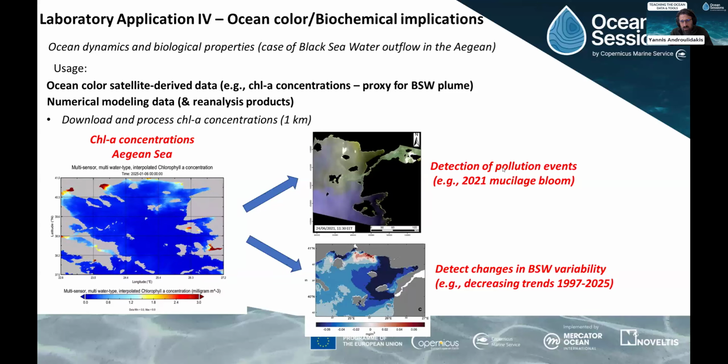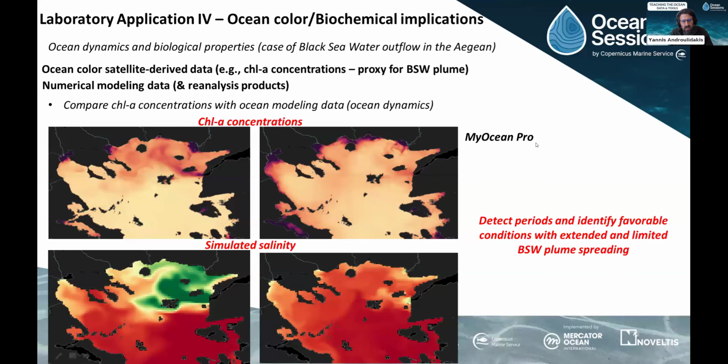and we can also use them to detect pollution events, like the 2021 very strong mucilage bloom that affected a very large area. And so this is again with my Ocean Pro. This is the chlorophyll A concentrations for an extended Black Sea water plume spreading in the North Aegean. This is a limited case, and the students can use this together with